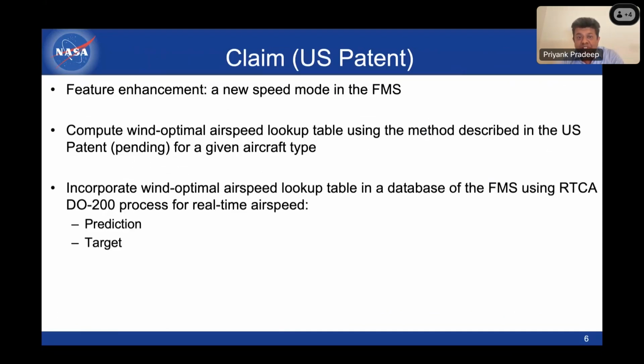So in our claim, which is still in pending application state, what we are saying is wind optimal airspeed could be a new speed mode in the FMS, and it could be created by either OEM or avionics companies based on the recipe that's in our patent. So this wind optimal airspeed lookup table, as described in our patent, can be incorporated in flight management systems using the RTCA DO-200 process